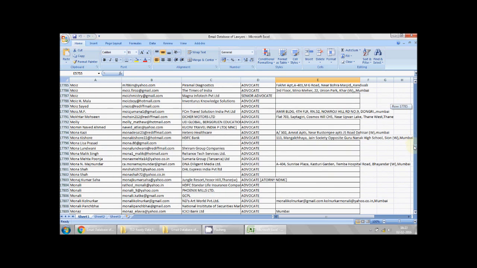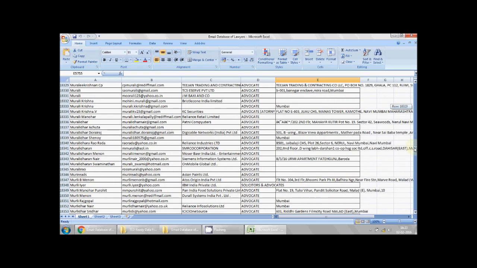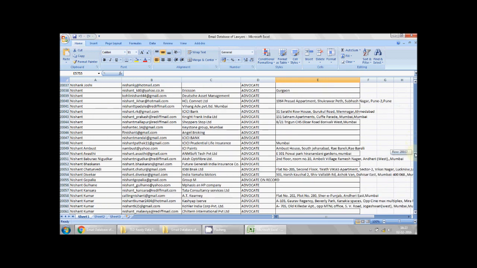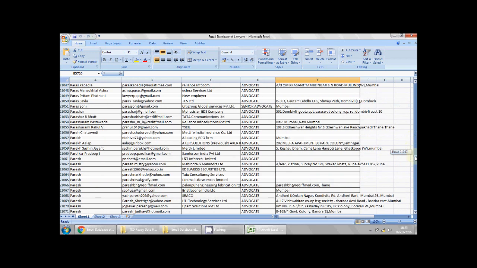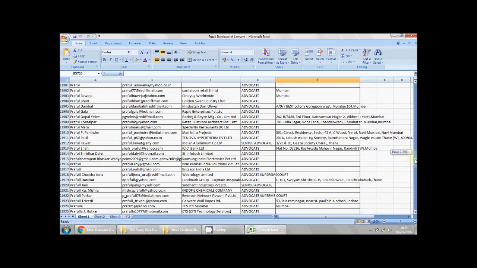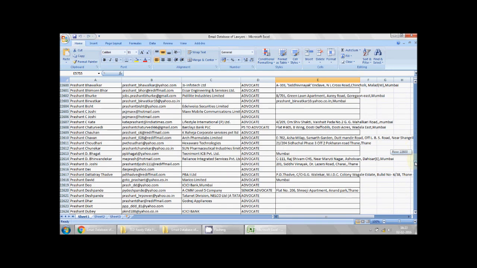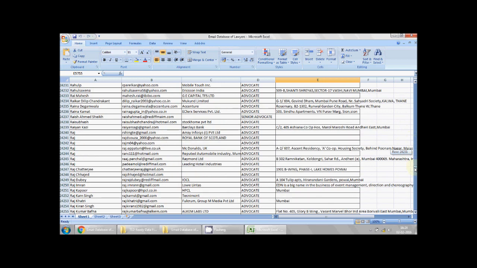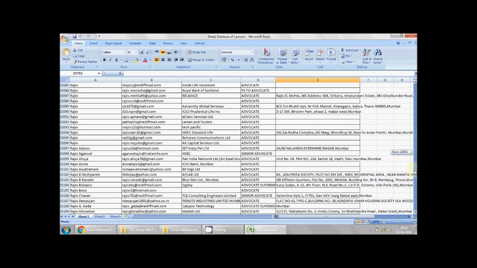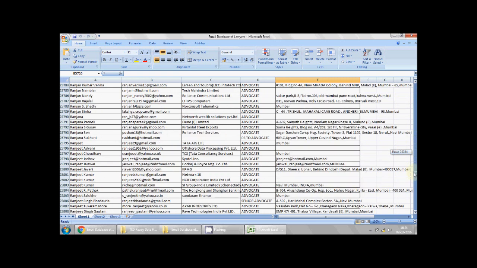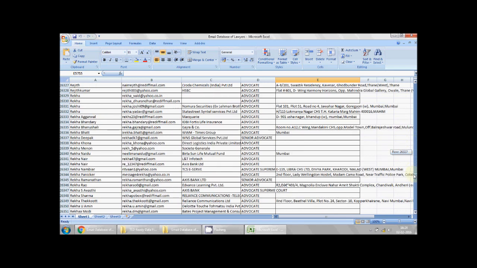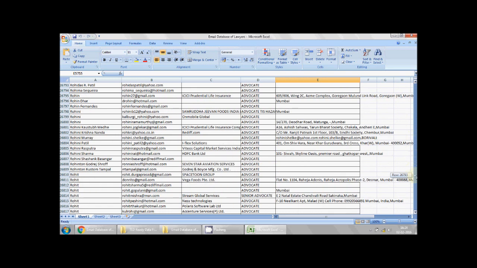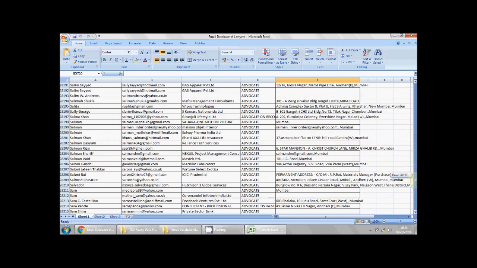As you can see, this is the exact data file. This particular data mainly consists of all the cities in India, mainly the big cities like Delhi, Bombay, Bangalore, Chennai, Hyderabad, Pune, Chandigarh, main big cities, state capitals and all.